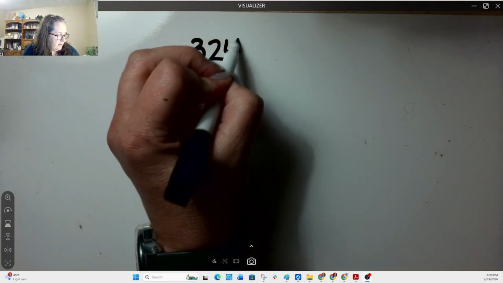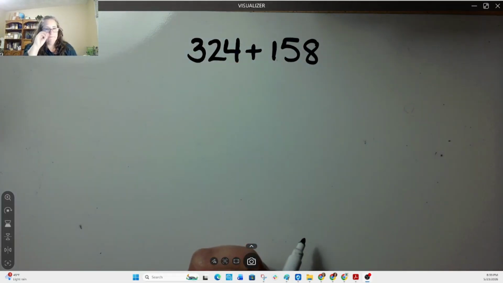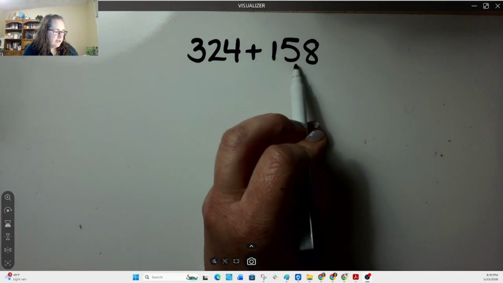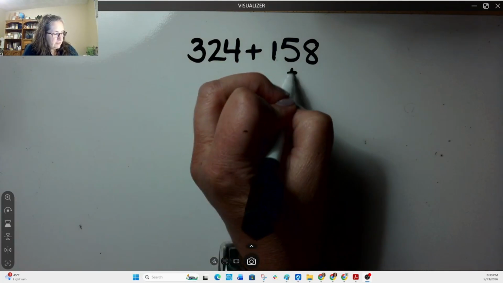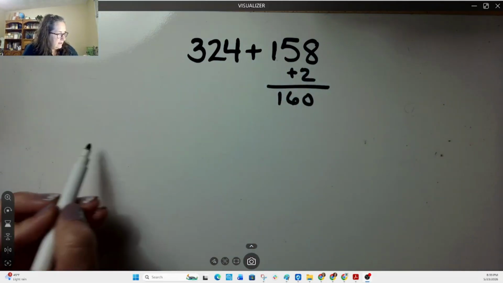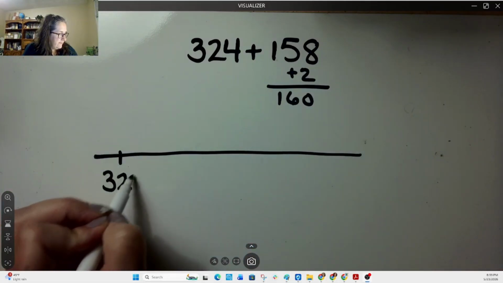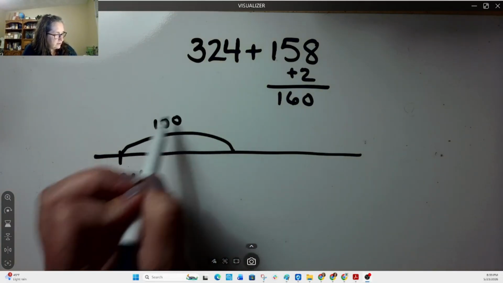Let's try another one. Okay, let's try 324 plus 158. For this compensation strategy, I'm thinking that 158 is almost 160. So I'm going to add 2 to get to 160. So that means on my number line, I have 324. I'm going to add 100, which gets me to